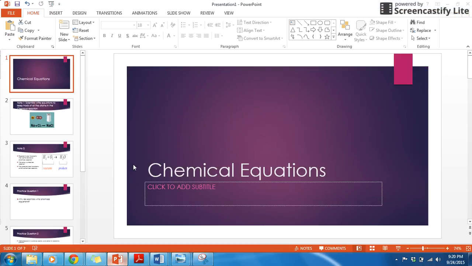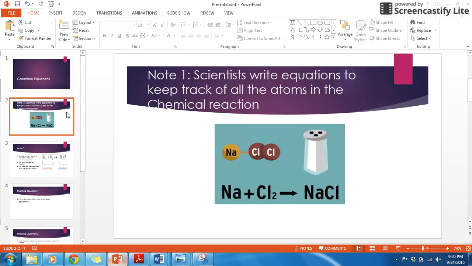Alright, y'all. Today we're going to learn about chemical equations. Yesterday, we learned that chemical changes make a new substance, how atoms come together or split apart to make new substances. So our first note is that scientists write equations to keep track of all of the atoms in a chemical